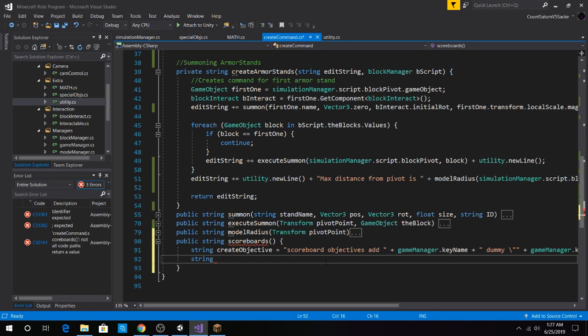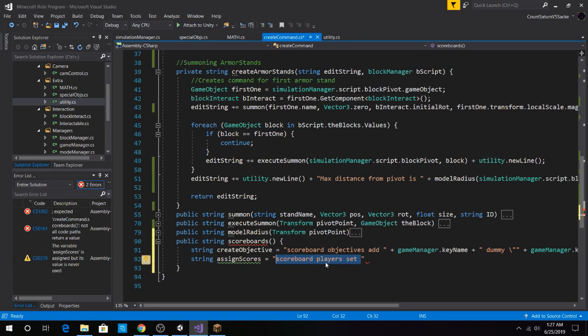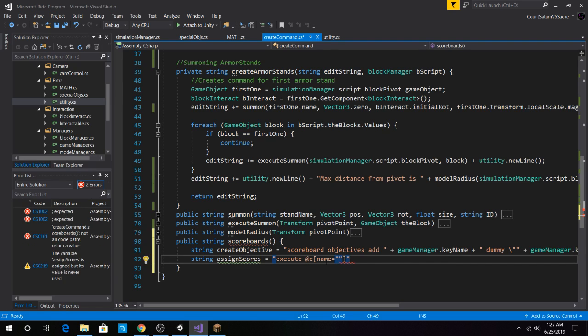Okay, so then this is going to be assign scores, which will be equal to scoreboard players set. No, this will be the execute command. So execute at e, type. No, we don't want to do type. I think we can just do name. Name is equal to, then we'll end it off here, plus